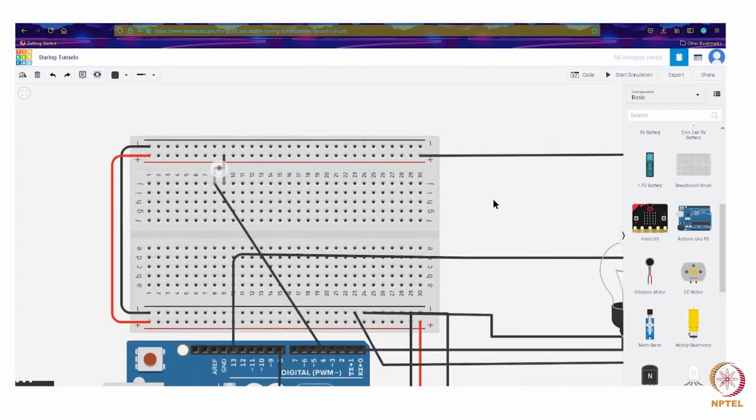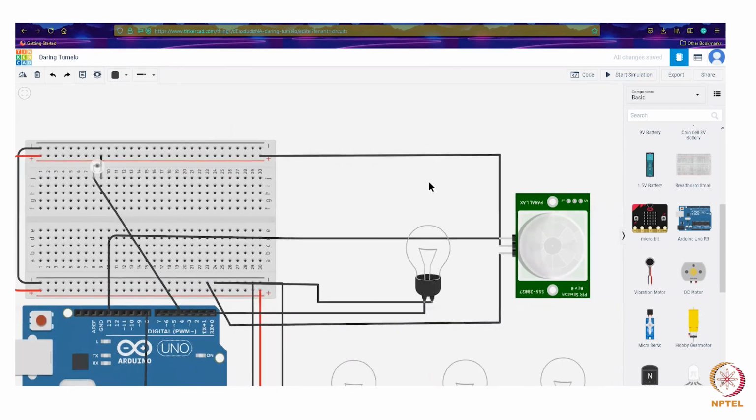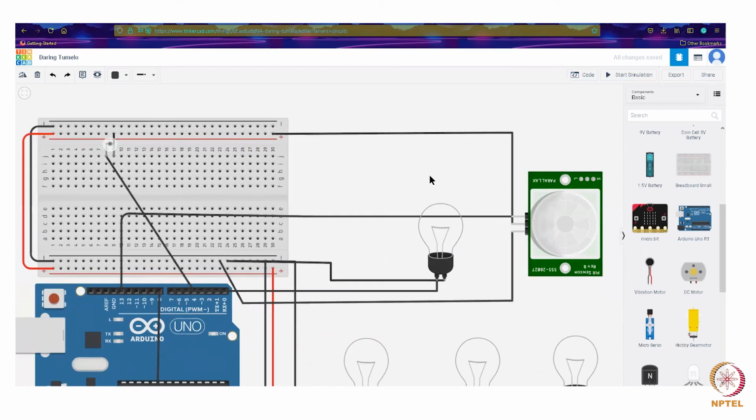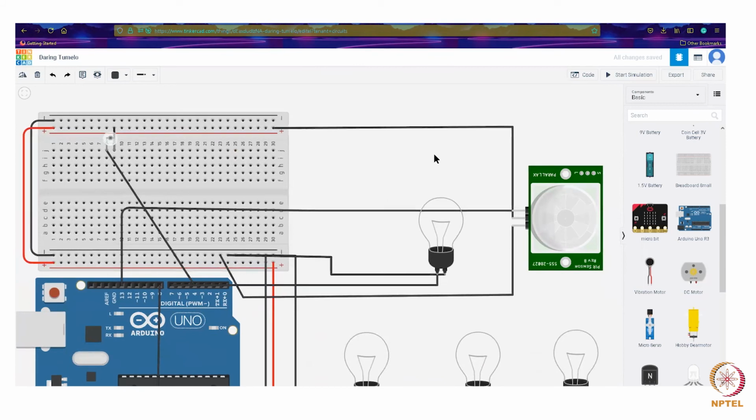The PIR module is actually one of the most wonderful modules I've come across, because you could put this in very innovative uses. We have a system in our lab where all the lights turn on based on this PIR module, and even in the toilets and other places we don't have switches.